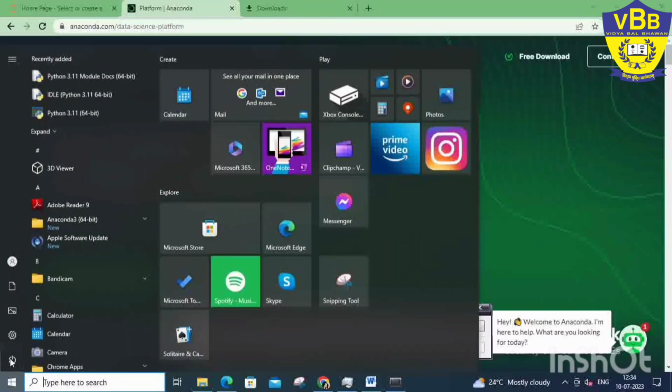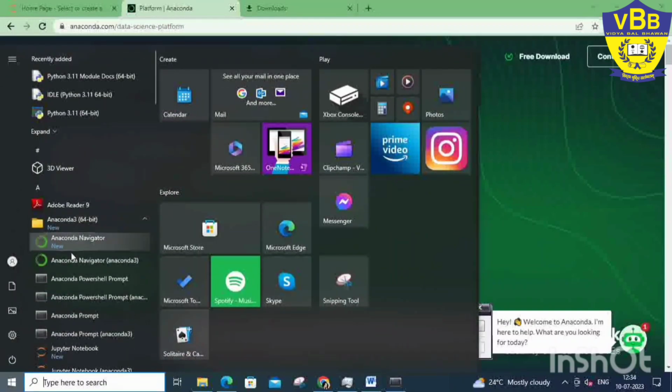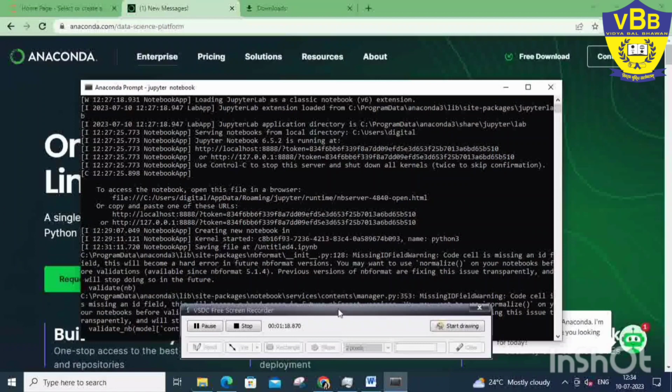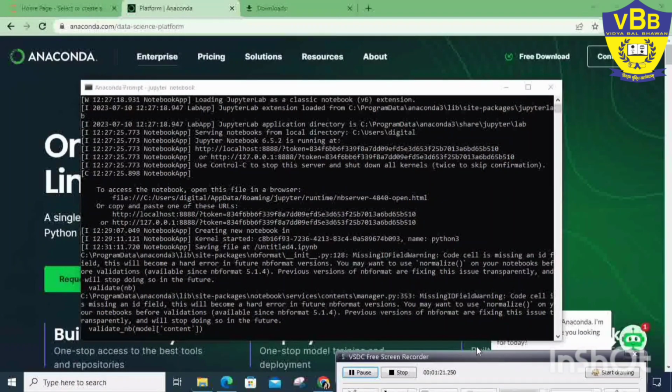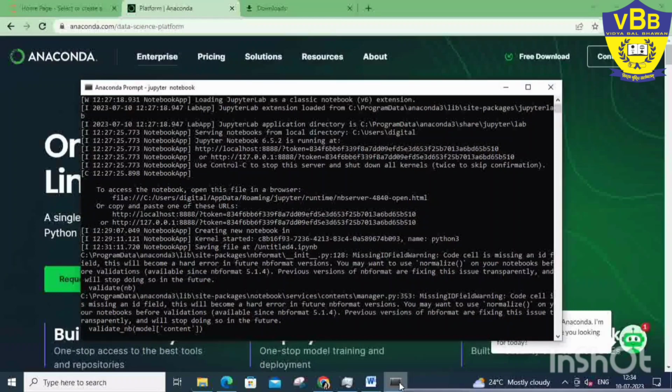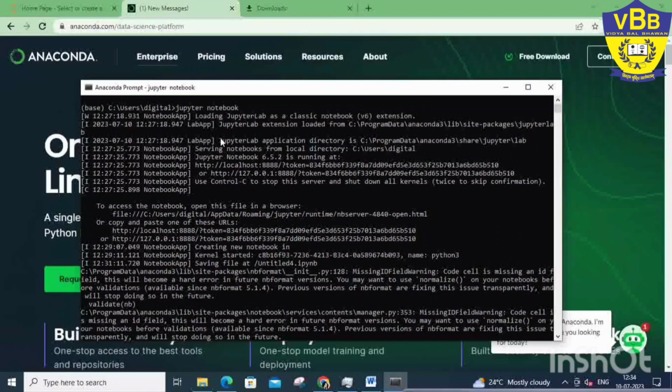How to open the Anaconda prompt? Just you have to click on the window button, and then Anaconda folder is there. Here you need to click on the Anaconda prompt. When you click on this Anaconda prompt, this black window will get open, right? And there you need to just write Jupyter Notebook. As I have written here, Jupyter Notebook. When you write this command on the CMD prompt on the black window, it will start executing their